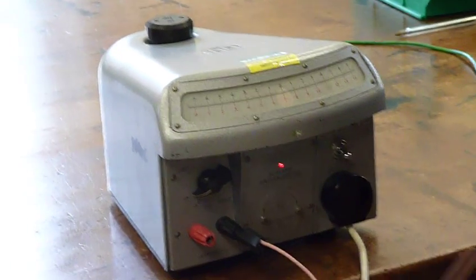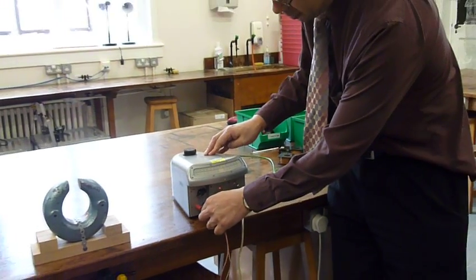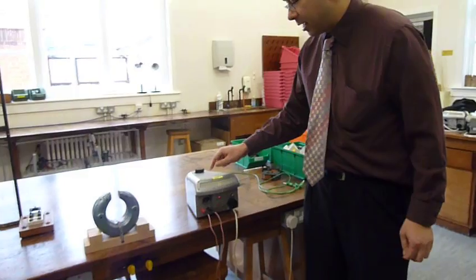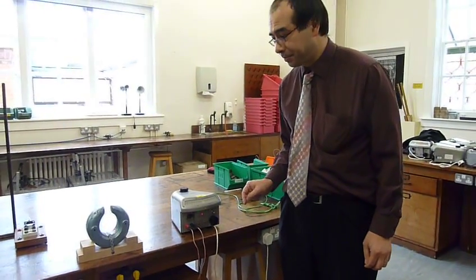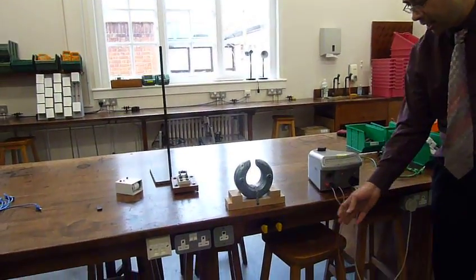Now, this is just a normal copper wire. There is no power source in this circuit. It's important to remember this here is just a measuring device. That there is quite a strong horseshoe magnet, and as we can see, if we